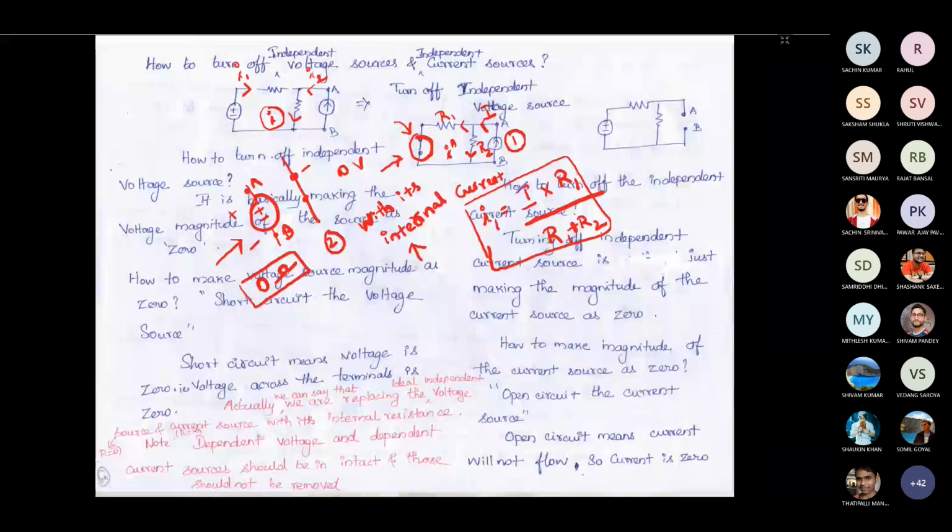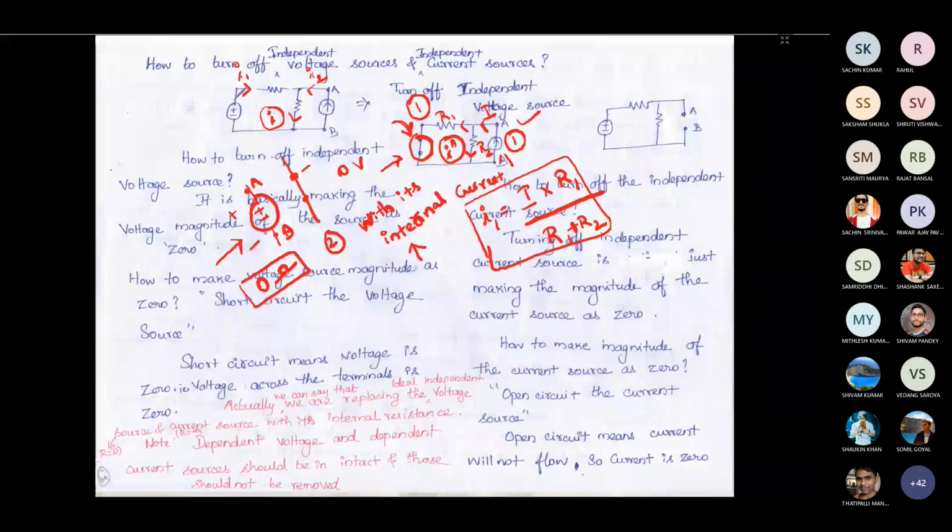Okay, so now this is for the first part. What we did, we suppressed the source 1 and we have found the contribution of the current source for this resistor. Now what we need to do, this is for step 1. For step 2, we should consider the other source, and we should suppress this current source.